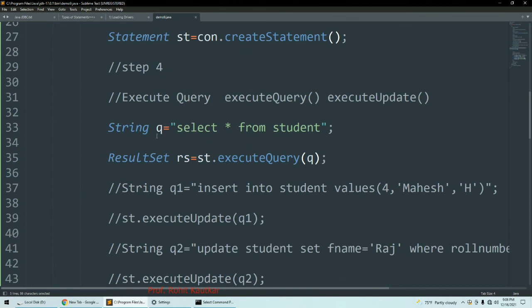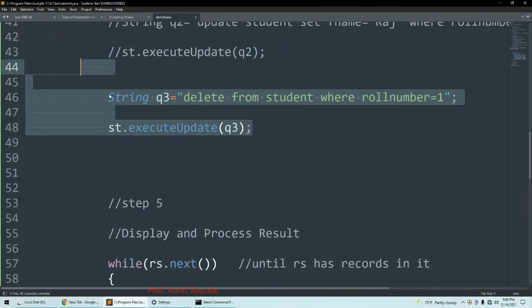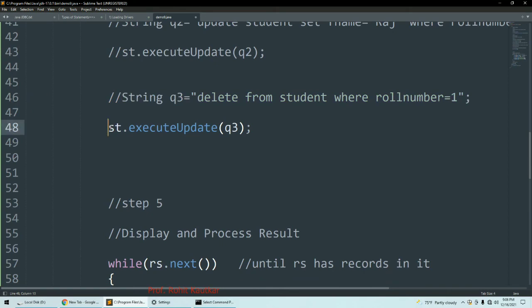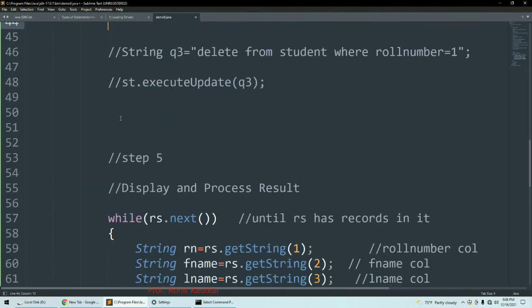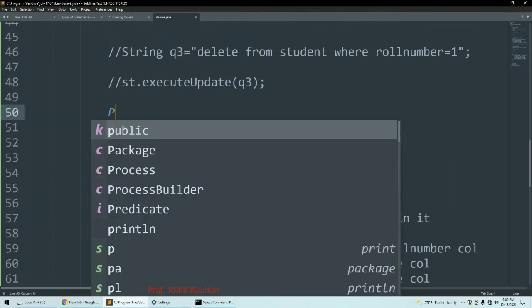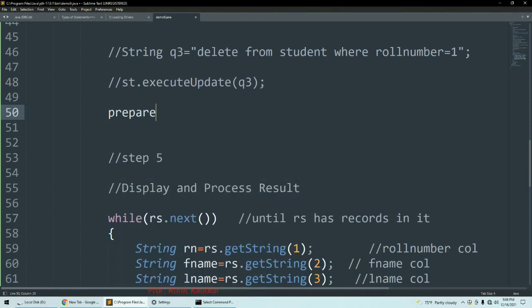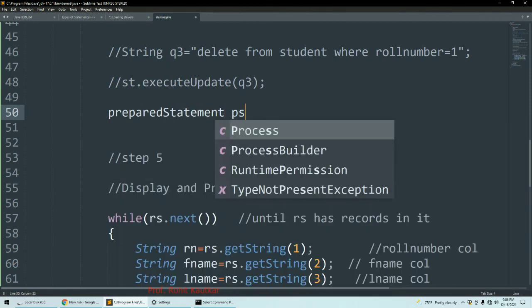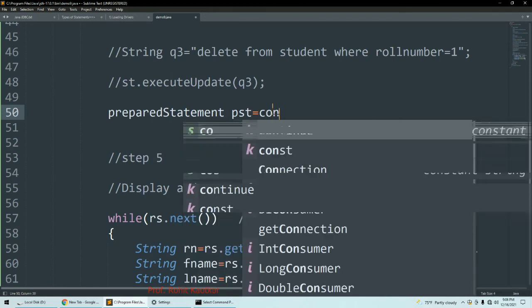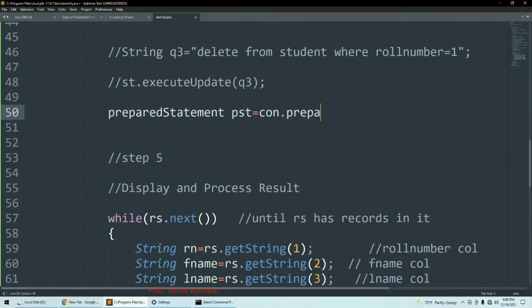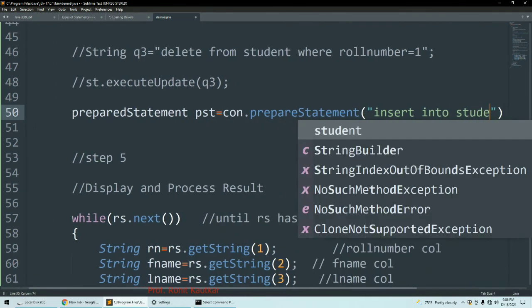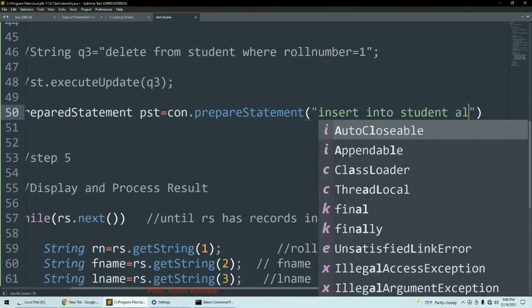Now I will show you the prepared statement as well. This is your normal statement. Suppose I want to try a prepared statement. So what I will do here is create a prepared statement, PST is equal to connection dot prepareStatement, and here I will write my query, insert into student values.